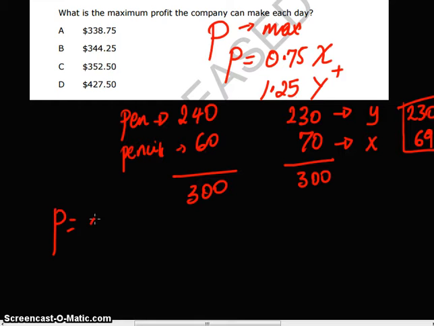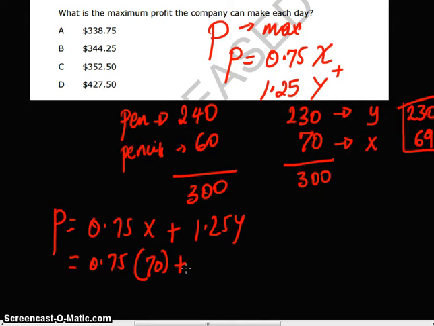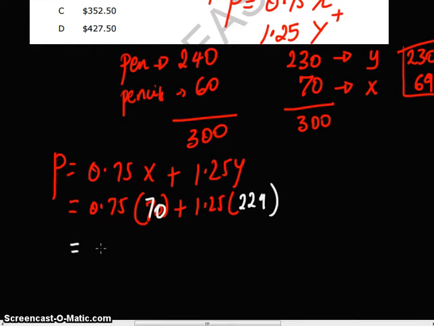So profit is equal to 0.75 X plus 1.25 Y. Based on this, we have 0.75 times the number of pencils that we can sell, which is 70, plus 1.25 times the number of pens that we can sell, which is 229, and then this is 70. So when we do the maths here, this will give us